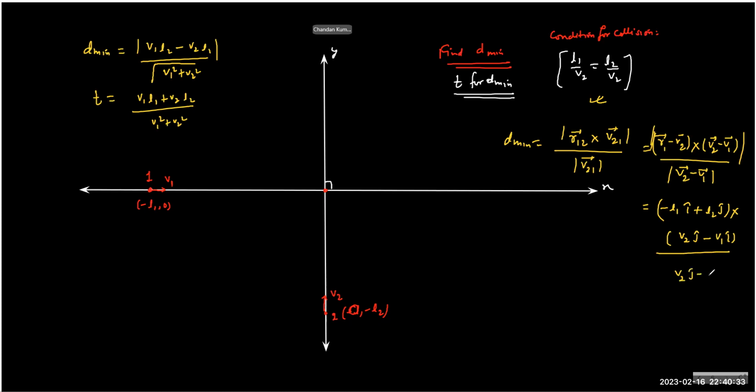We know how to take the cross, so I cross J will be left, and IJ is minus, so L1 V2 K cap, and then L2 V1 K cap, upon under root of, and we have to take the modulus, so this is